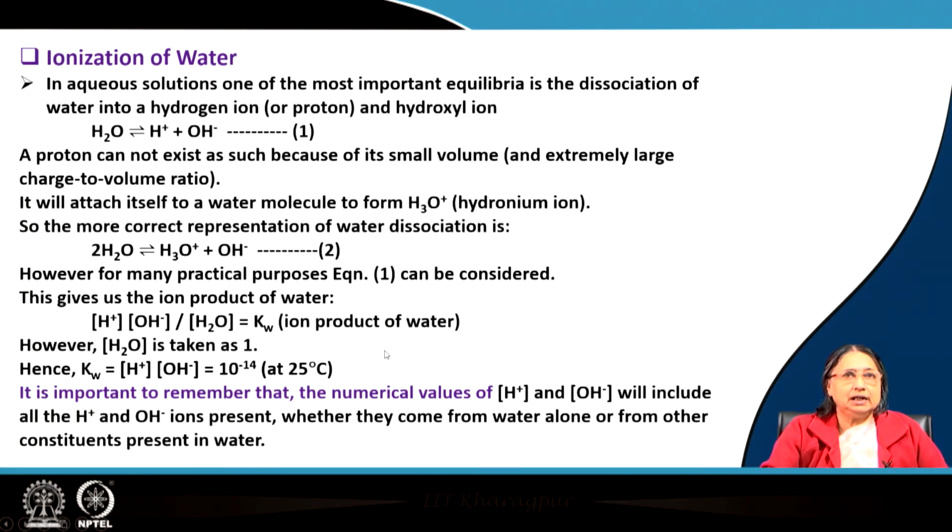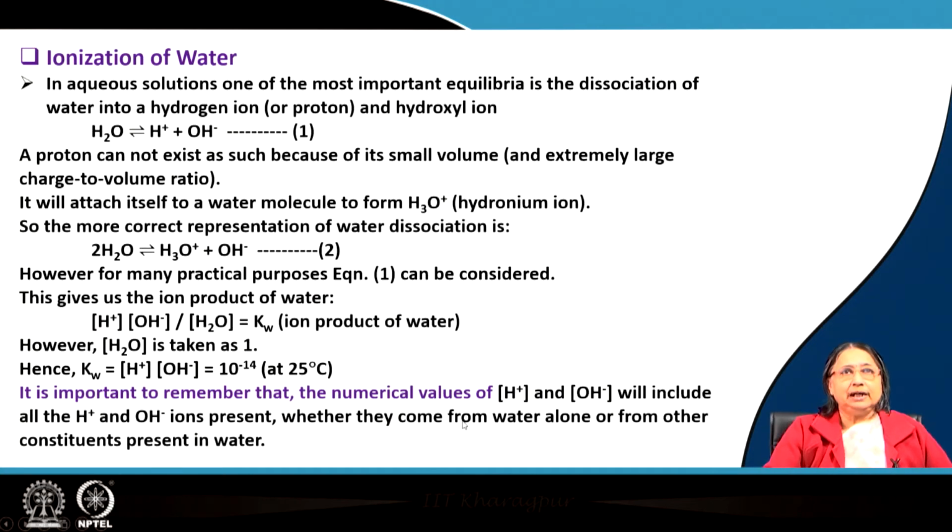It is nothing but the ion product of water, and the water concentration here, from the rules we know, is taken as 1. Now, the Kw value, we also know, at 25 degrees is a very low value, 10 to the minus 14. It is important to remember